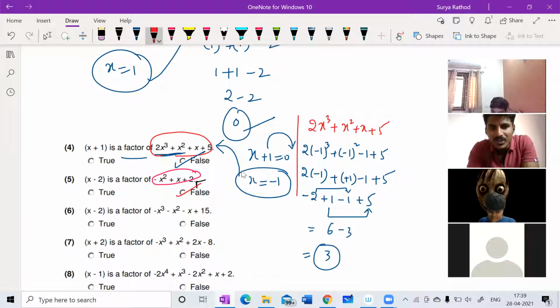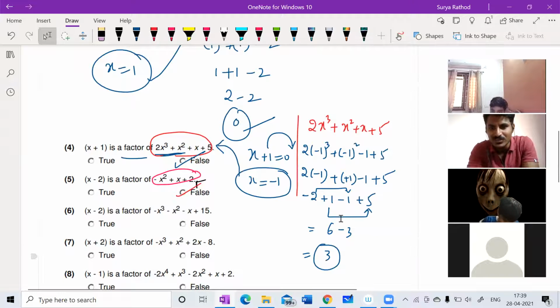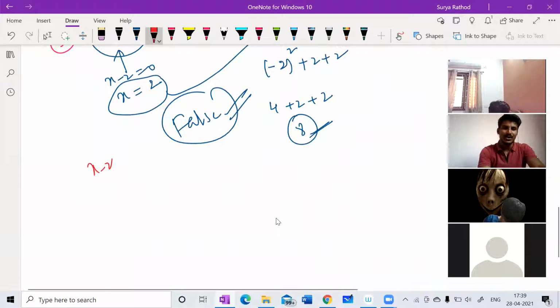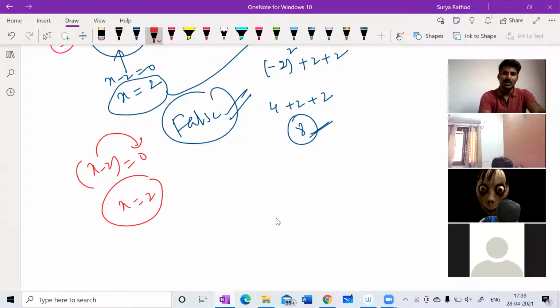Nothing, sir. Minus 2 is out of the bracket. Sujay, what is out of the bracket? If it is here, do you mean like this? It can't be equal to 0 now. Do you mean x is not equal to that?